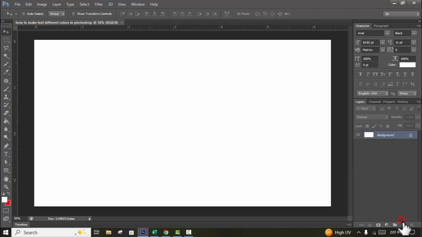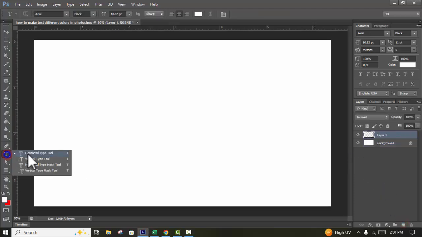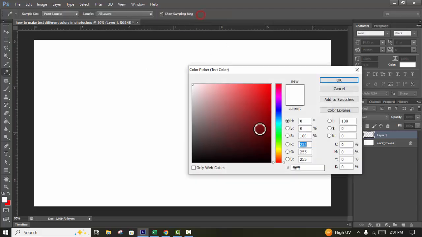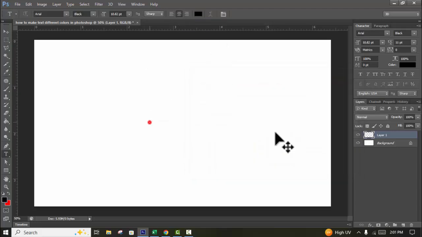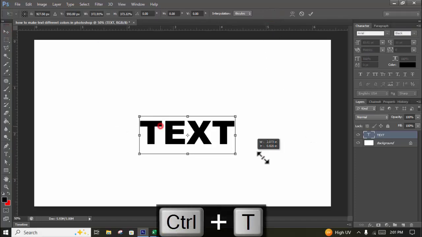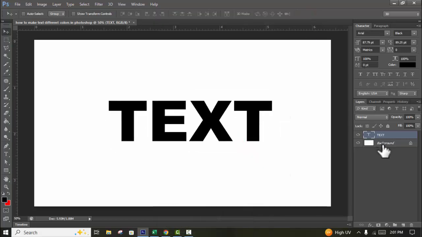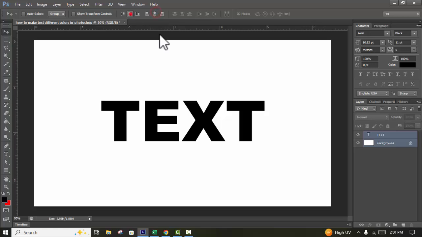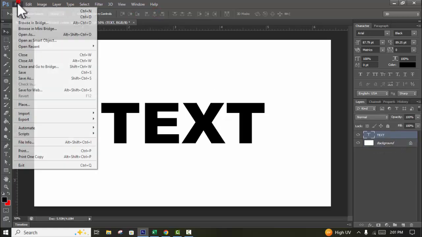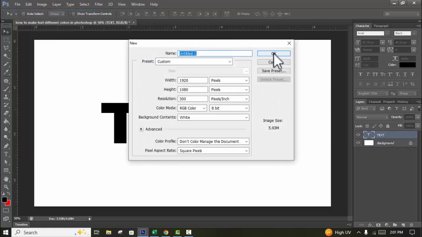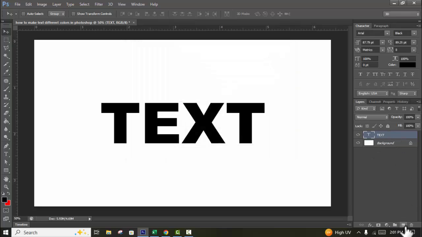Let's begin. First of all, click on new layer and type text. Press Ctrl T, hold Shift, resize it, hold Ctrl, align middle, and create a new layer again, or use this layer. Create a new layer